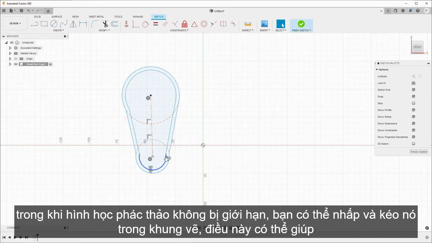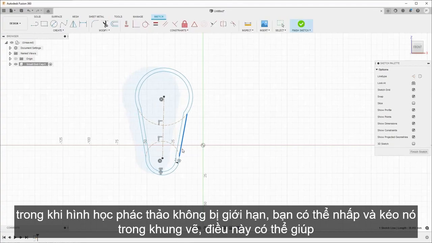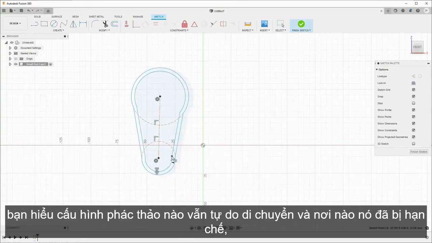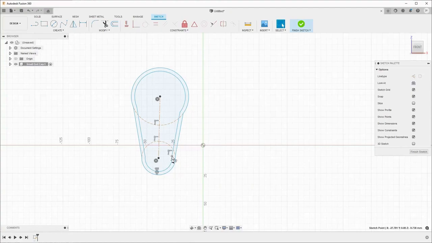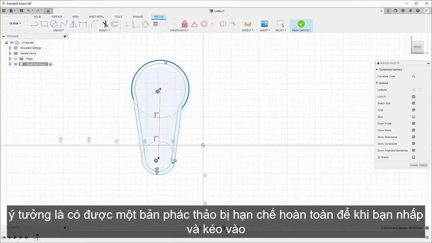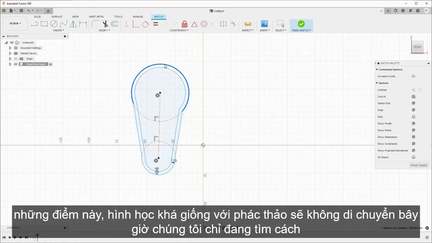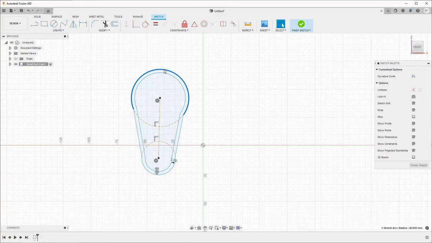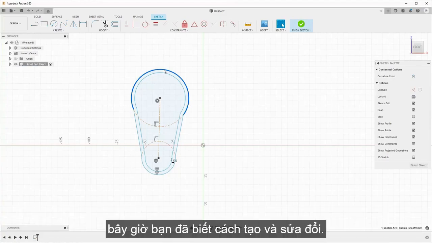While sketch geometry is unconstrained, you can click and drag it in the canvas. This can help you understand where the sketch profile is still free to move and where it is already constrained. The idea is to get a fully constrained sketch, so when you click and drag on these points or other geometry, the sketch does not move. For now, we are just looking to get a general shape before we lock down our design with constraints and dimensions. Now you know how to create and modify